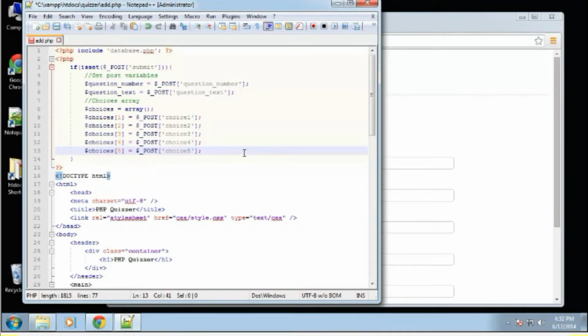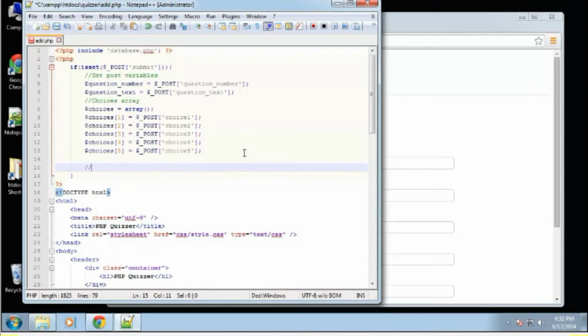Now we have to do the query. Basically we're going to have 2 different queries. We're going to be inserting data in 2 different tables, the questions table and then the choices table. So first we're going to do